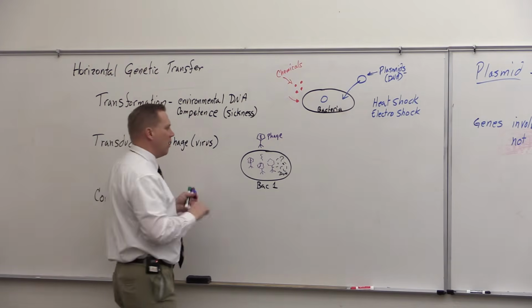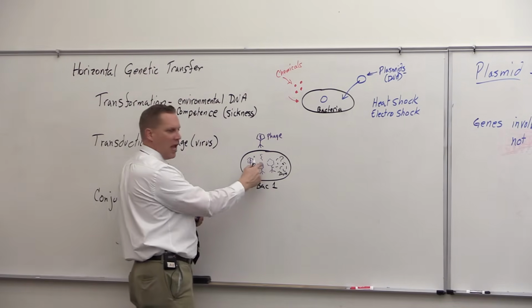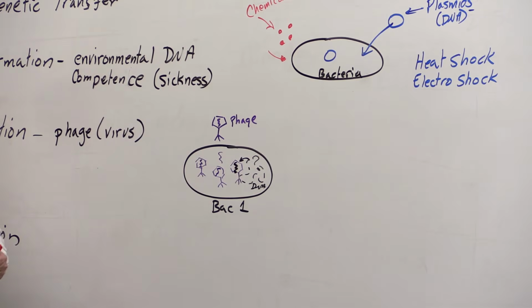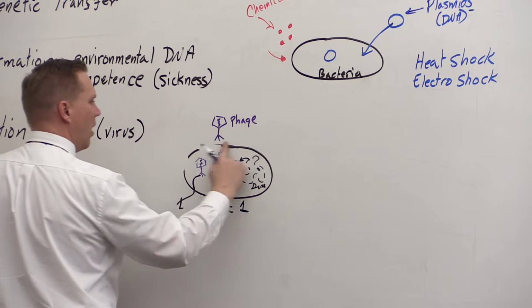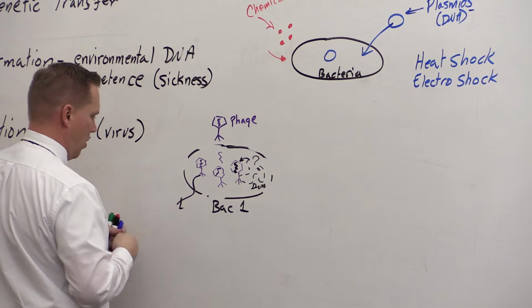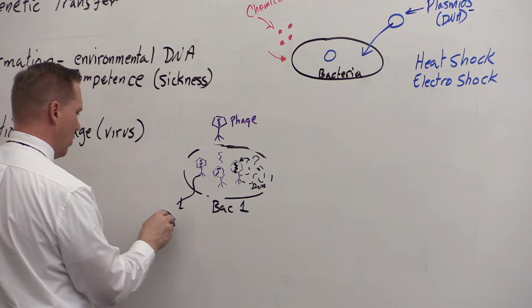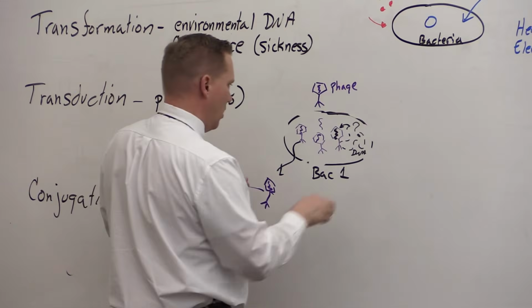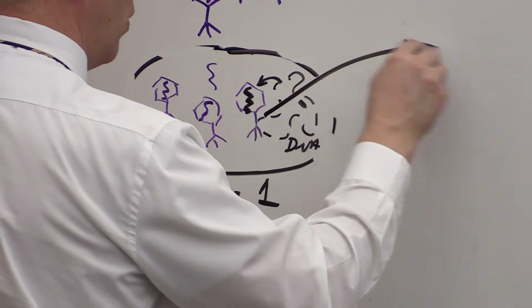But sometimes there's a mix-up. And instead of packaging the viral DNA, it will package one of those pieces of the bacterial DNA. These guys will then break out of the cell, so the cell breaks open, and you have these infectious phage particles. So the all-purple phage particles, they just go on and infect some other cell. But this unique one that had the bacterial DNA, let's follow it over to